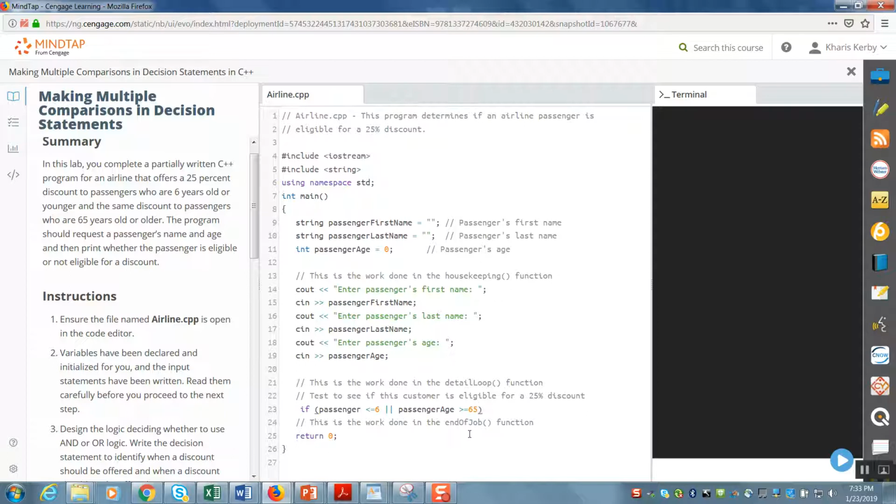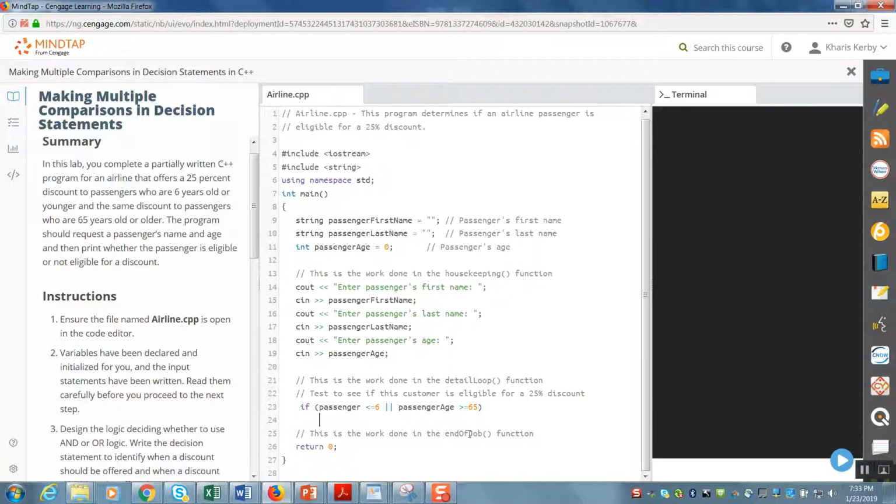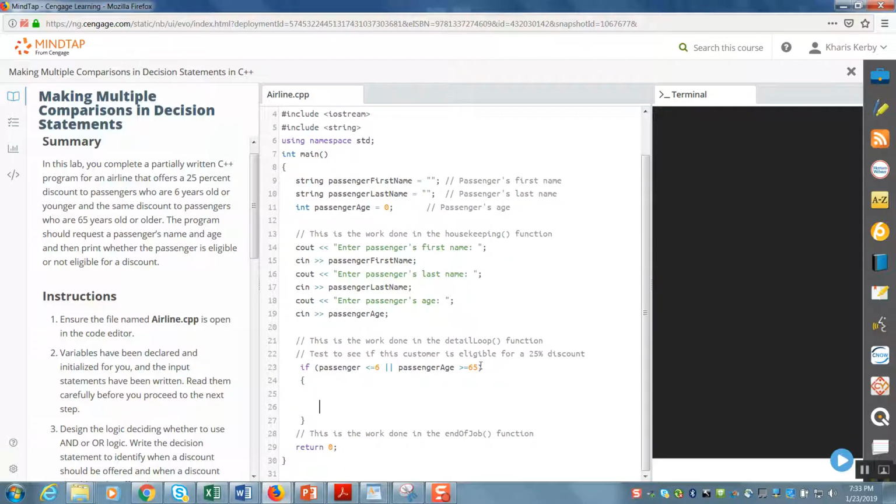Have a second line for me to have a display. I would do a curly brace just to show the division of my if else. Okay. I would have cout, passenger first name,